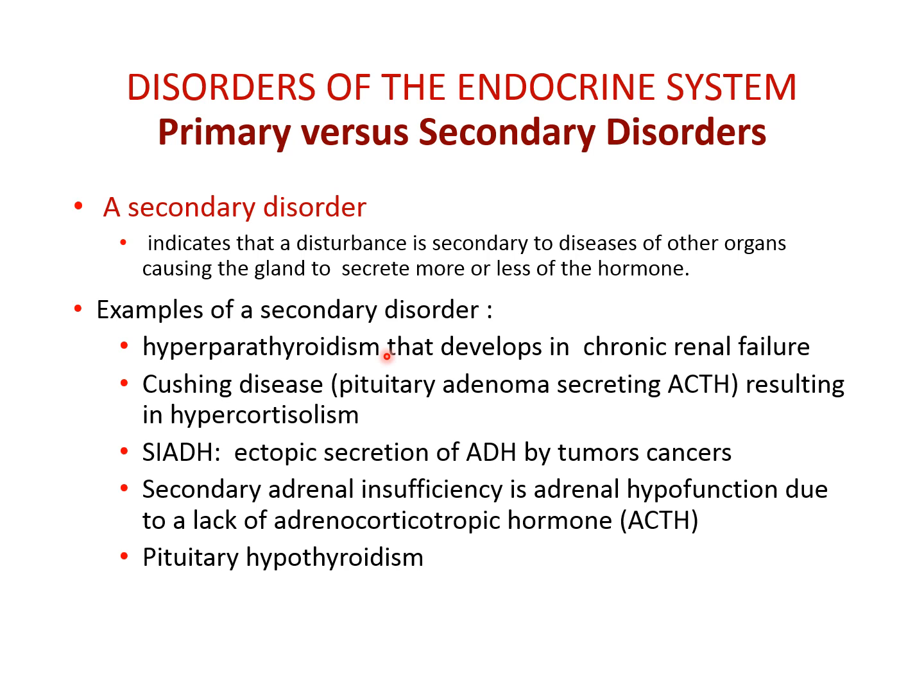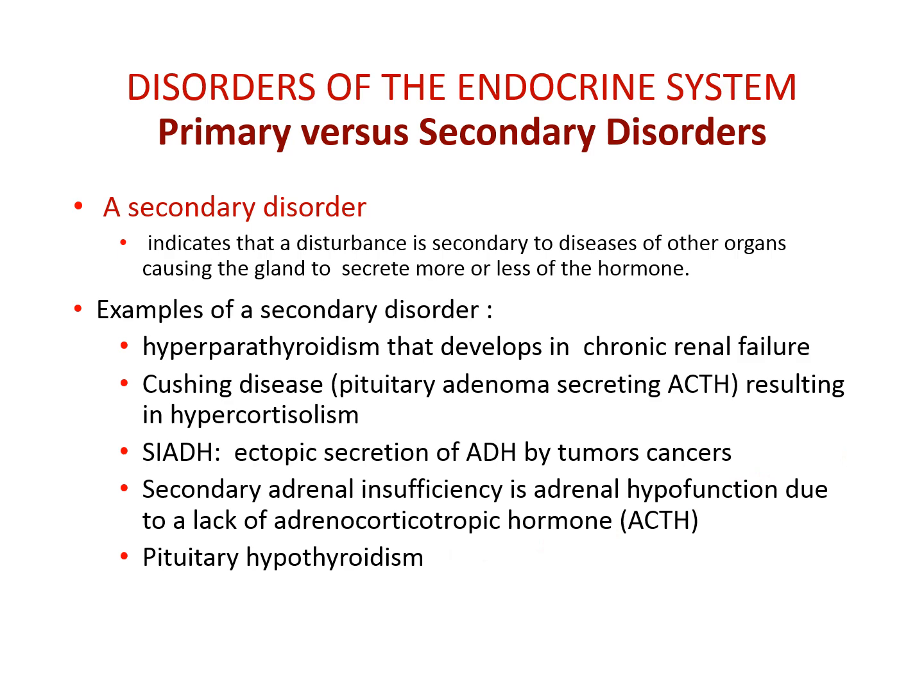Inappropriate ADH syndrome. Adrenal insufficiency due to, for example, panhypopituitarism and the loss of ACTH secretion by the pituitary gland. Pituitary hypothyroidism. In this case, for example, you measure T3 and T4, they are low, and you measure TSH, and it is also low. That means that the problem is most likely due to the loss of TSH secretion